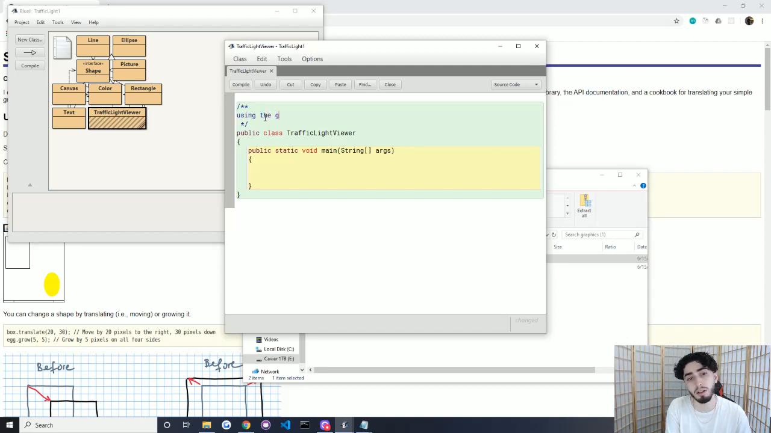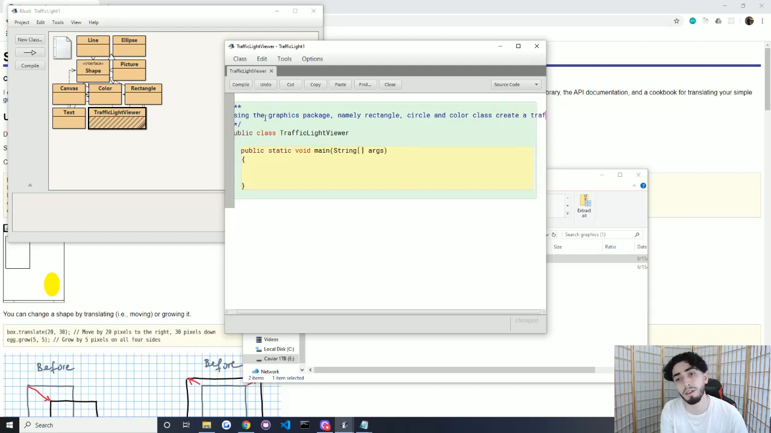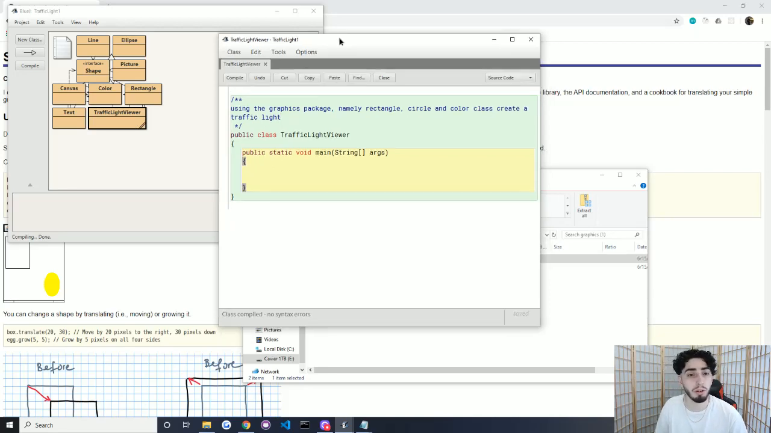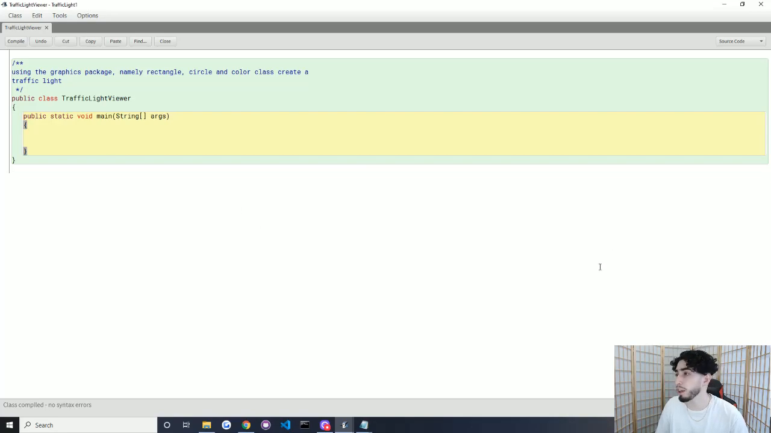Okay, so now we're set up, so now we can delete this, and we can just write: using the graphics package, namely rectangle, circle, and color class, create a traffic light. Okay, so we're compiled and we're good to go, and we're good to start coding pretty much. So to draw a traffic light, what we're going to do is